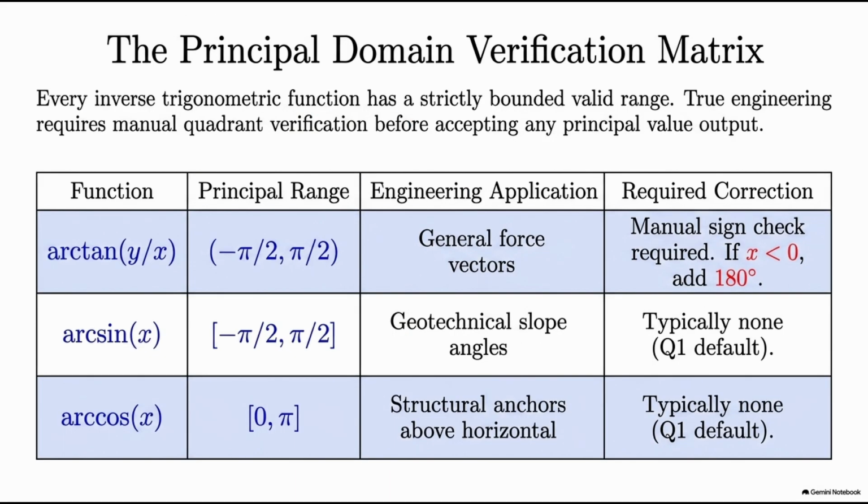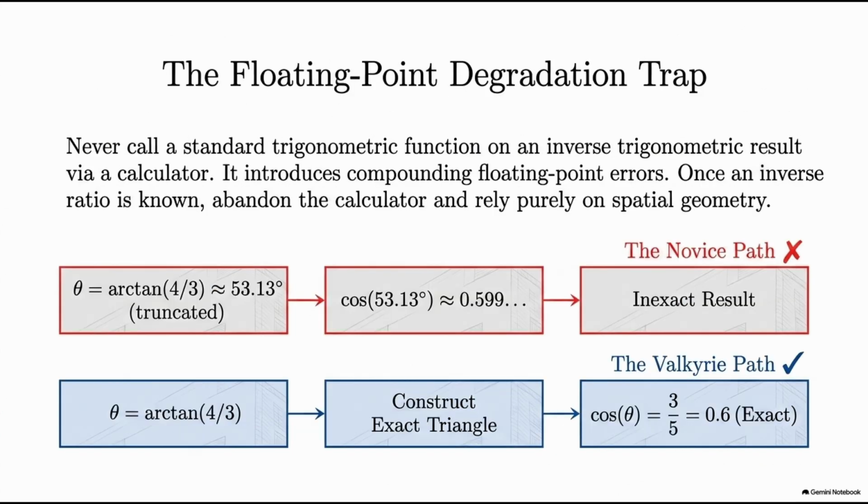vertically. Because both force components are positive, the vector lies in the first quadrant, allowing direct use of the principal angle value. Taking the ratio of vertical to horizontal force components gives 4/3. Evaluating the inverse tangent yields an angle of approximately 53.13 degrees. To avoid rounding errors from repeated trigonometric calculations, we construct a 3-4-